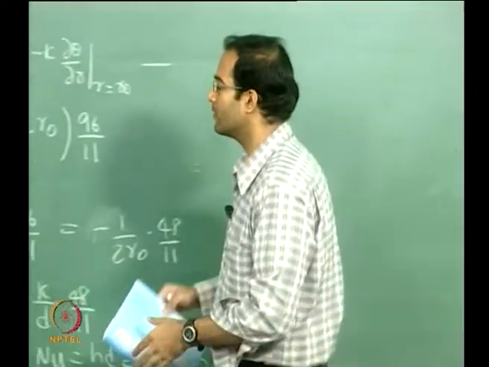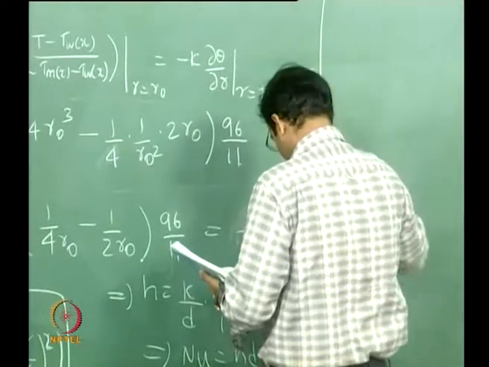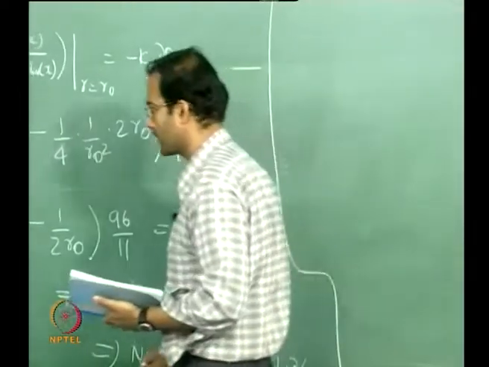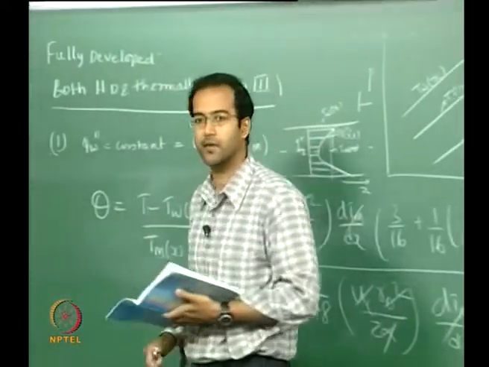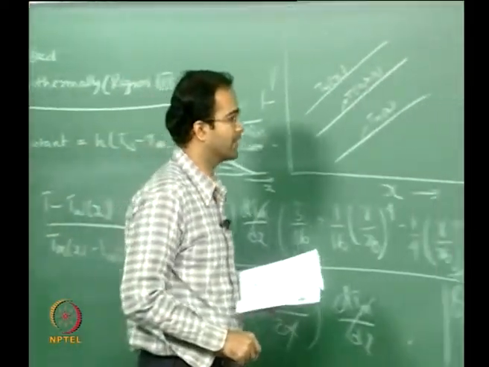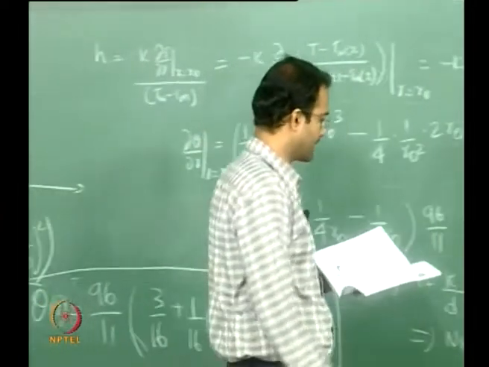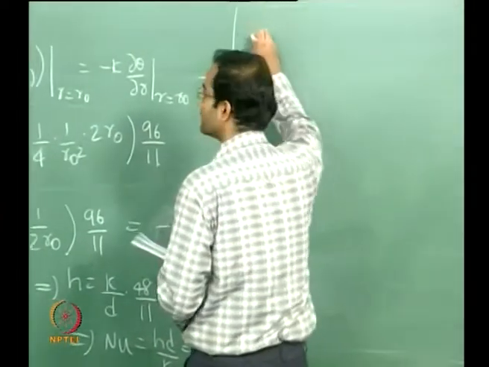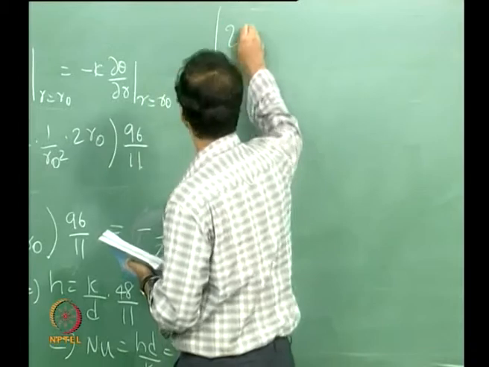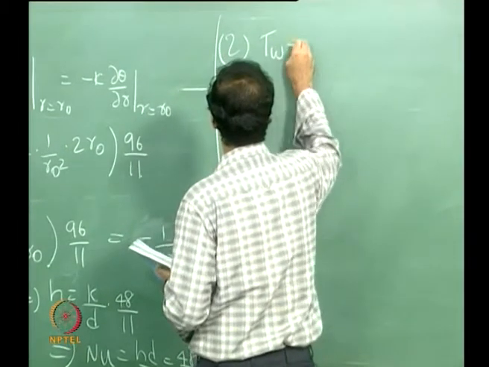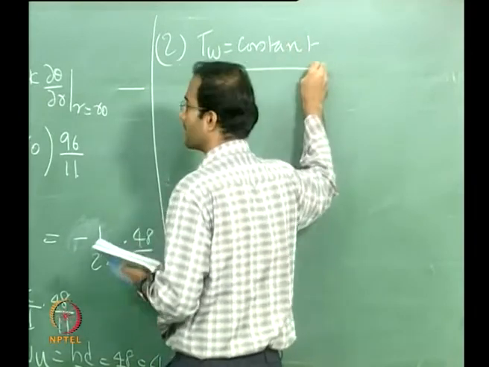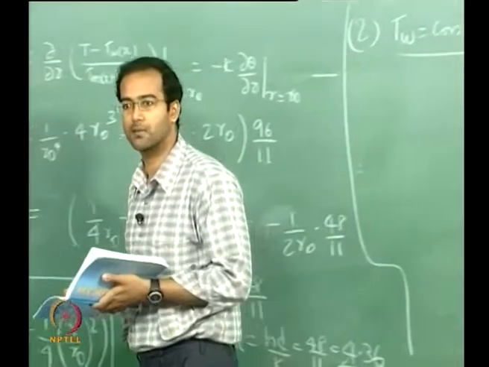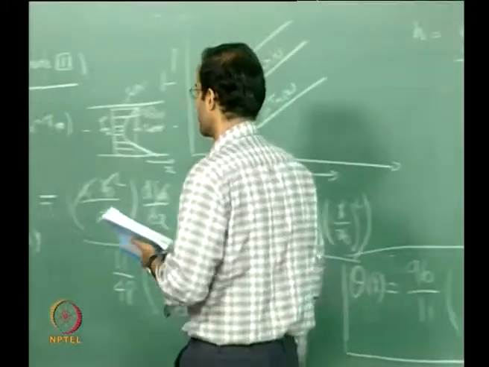Okay, and now, this is a relatively straightforward case in terms of the simplification that we have done for the constant heat flux. Now let us look at the other boundary condition, which is your constant wall temperature. Only these two are the primary boundary conditions that we will see. One is a Dirichlet boundary condition, the other is a Neumann boundary condition.